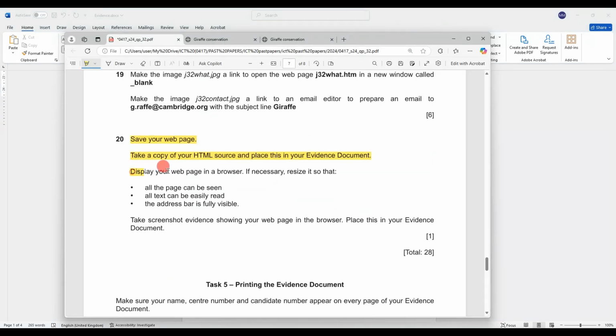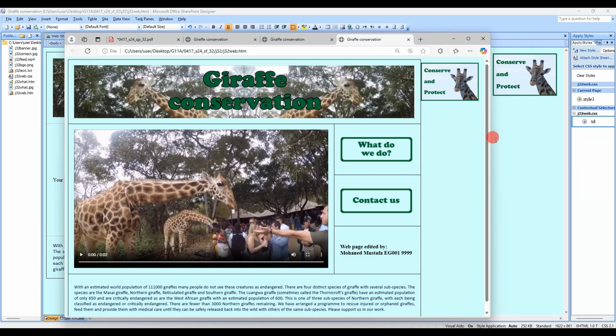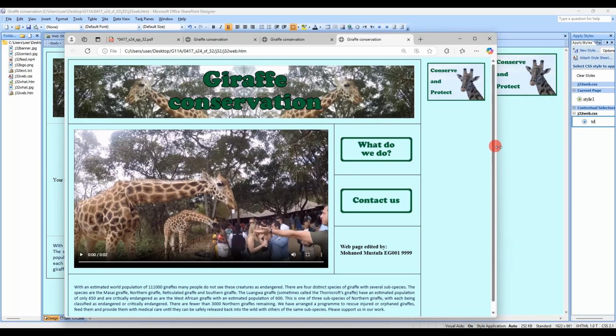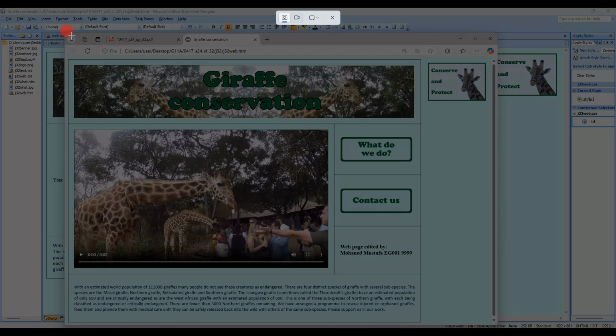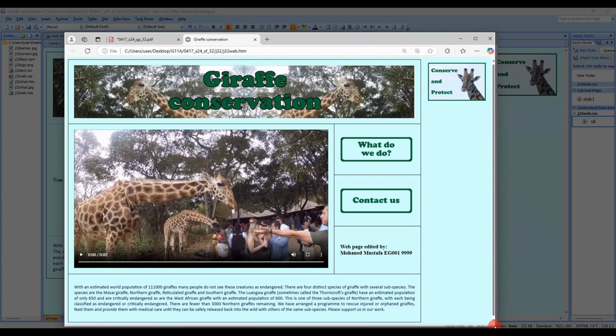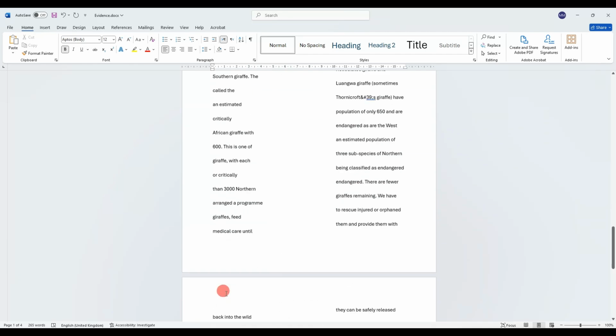And what else? Display your web page in the browser. If necessary, resize it so the page can be seen, the text can be seen, the address bar can be seen. And you do this normally from going here, which is preview, and make sure that, as you can see here, make it smaller and make sure that everything is available and can be seen, including the bar out there. So just make sure that I only have this part here, and I'll place it in my evidence,